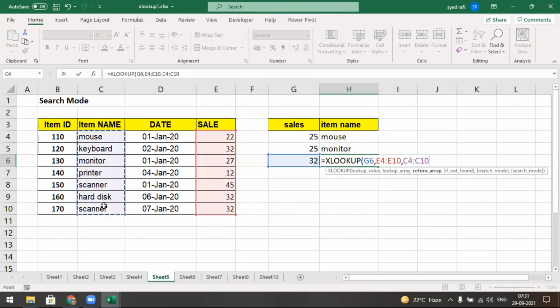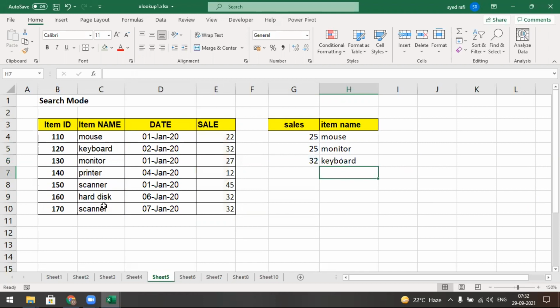I want to get this item name, comma, I don't want to give the message, comma. I don't want to give any match mode, comma. Next, I want to search first to last. So from the first onwards, first to last. This is the correct answer. Then I get this one.